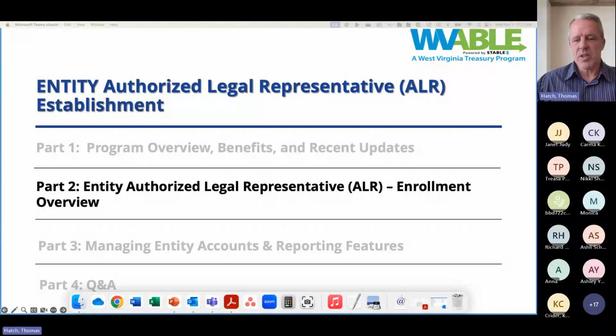But today we wanted to go over specifically this one feature, and that is how we can set up, establish, and prepare ourselves in a more efficient way to be able to manage multiple accounts. And we'll talk about that. I'm not going to be able to go over all the detail about how to manage an individual account, but how do we get set up underneath this structure to be able to manage multiple accounts.